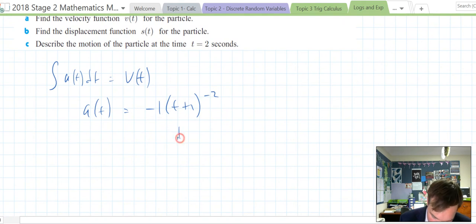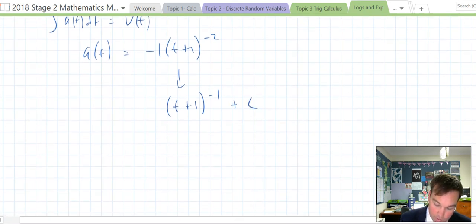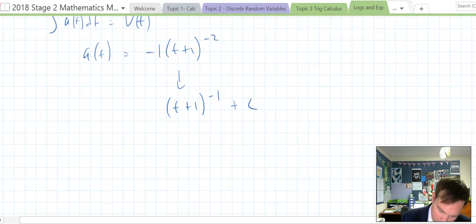We know that's come from a t plus 1 to the minus 1, and when it does that, it will throw out a negative 1, which combines with this, so we actually don't need to put anything out here to correct that, and that will have a plus c. So our integral of this would be v of t is equal to 1 on t plus 1